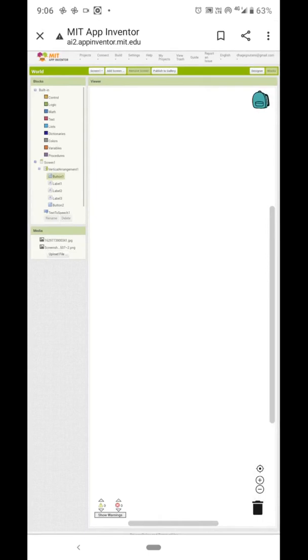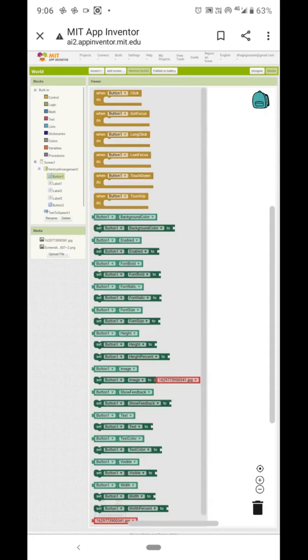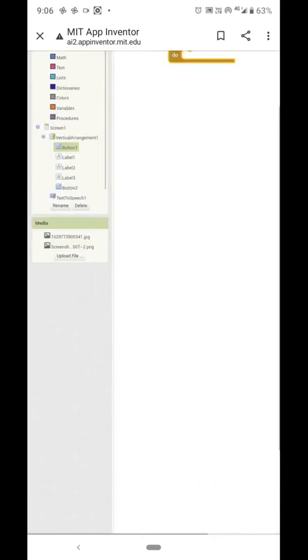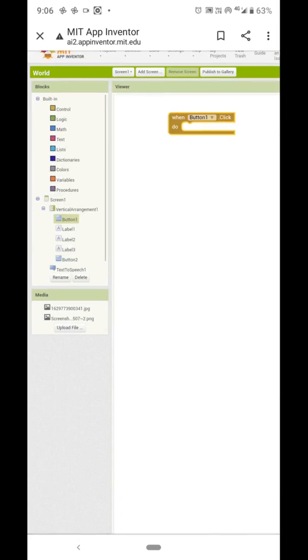When button 1 is clicked, take this block. When button 1 is clicked, what should happen? If we click on the globe, that information gets displayed on the label, the one we will keep with the pink background color; the information has to be displayed there.